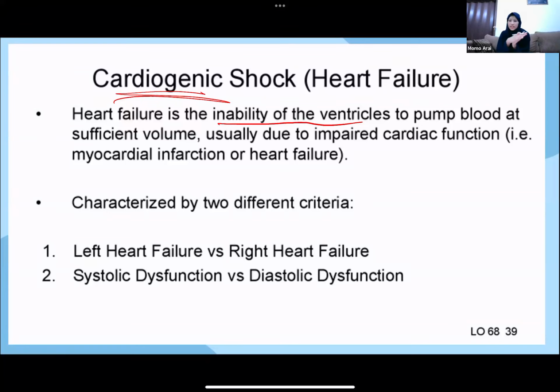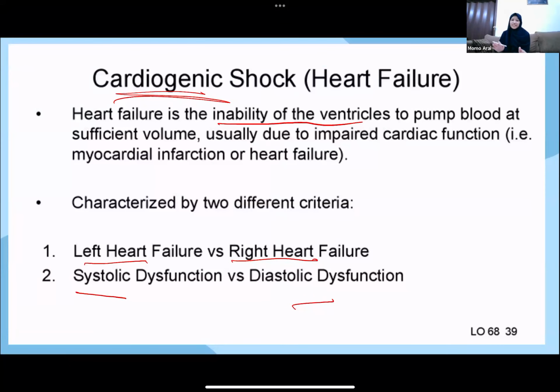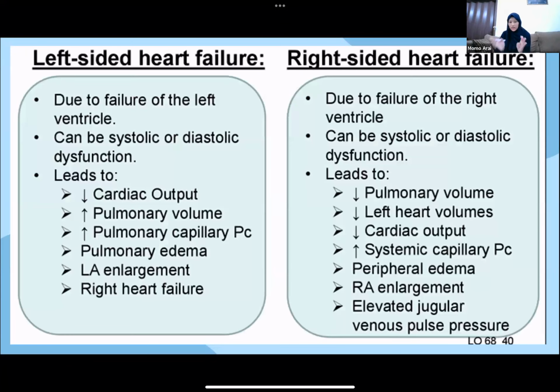Now you can categorize cardiogenic shock into left heart failure. You know the chambers of the heart, right? So you have left heart failure, right heart failure, systolic dysfunction, diastolic dysfunction. We'll go into more of that later. But first, it's these two concepts, and then this lecture is done. First, I want to focus more on left-sided and right-sided heart failure. This is very important to understand because in an emergency setting, you want to know what to treat,